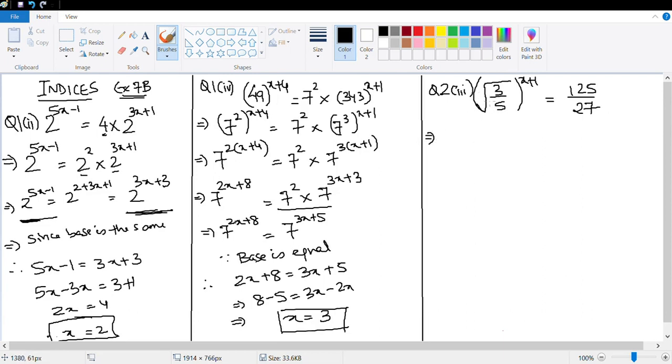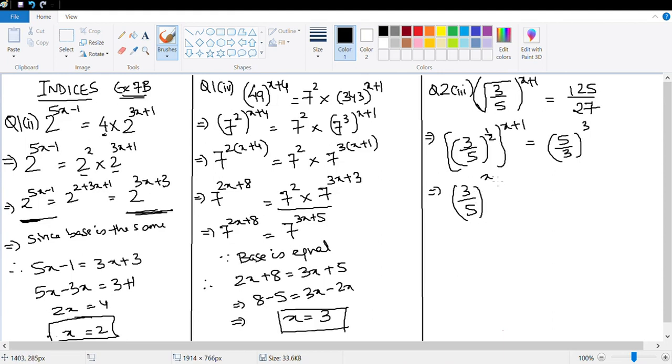Which power is this? This is square root. This is to the base 2. So this, as in the power is 1 upon 2. So this is 3 upon 5 x plus 1 half. This is just the square root. Everything raised to the power x plus 1. And 125 can be written as 5 cube, and this can be written as 3 cube. Perfect. So this is 3 upon 5 raised to the power x plus 1 upon 2, which is equal to,